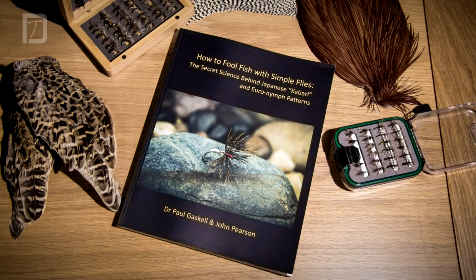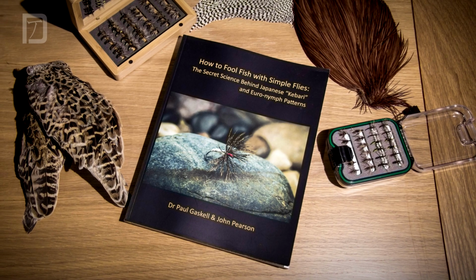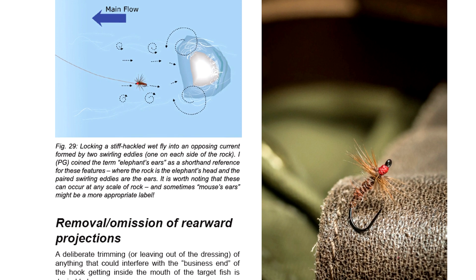So these techniques are matched to situations, but they're also matched and married to the physical properties of the flies. And that's what I go into quite a lot of detail about in the book, How to Fool Fish with Simple Flies, that you get that marriage idea. But obviously you need to know how the properties of those flies are brought to life by the different techniques, or in some cases held static by those techniques. That's a manipulation in itself.